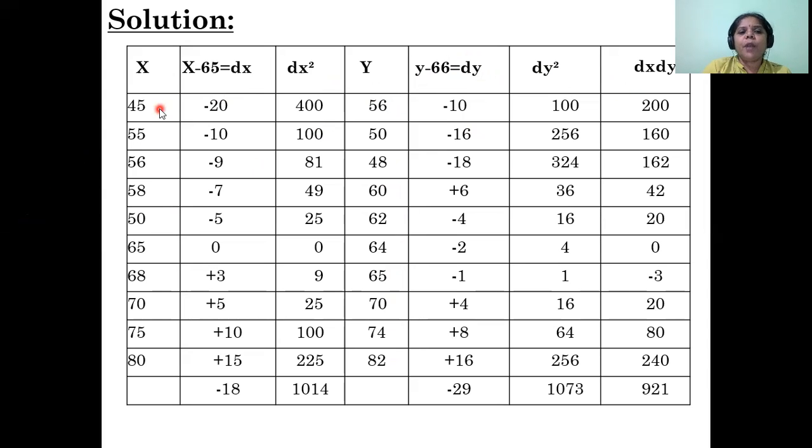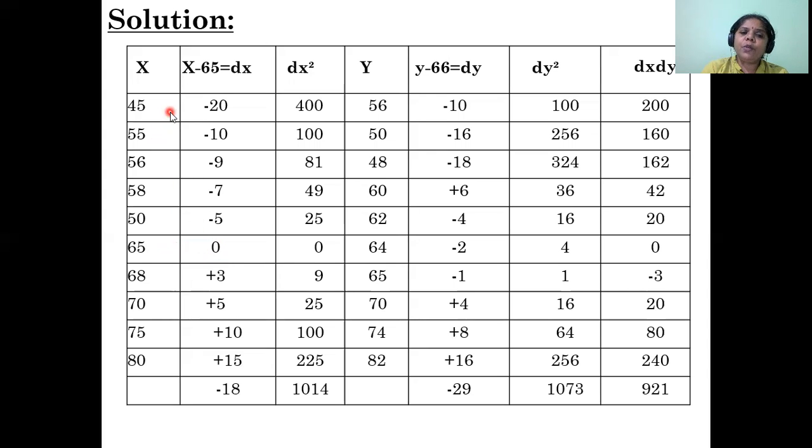Okay, so now we have to write as it is whatever there is in the problem, the x variable. See students here, x variable as it is, we take the number. So this is the assumed mean method. See here, x minus 65. This 65 here, we have taken as the assumed mean. We have to assume 65 as the mean. So put 0 in front of 65. 65 we assumed as the mean, therefore put 0 here.